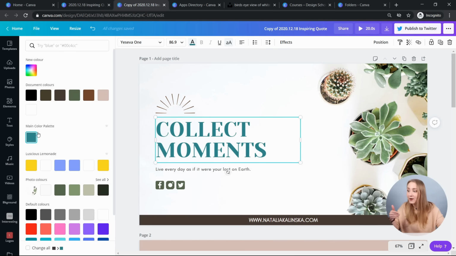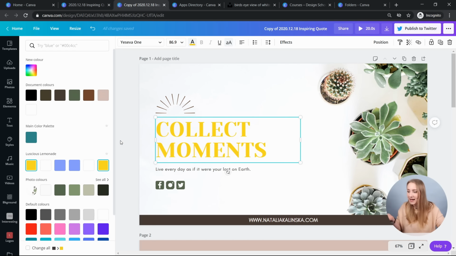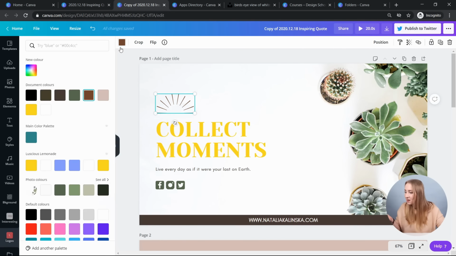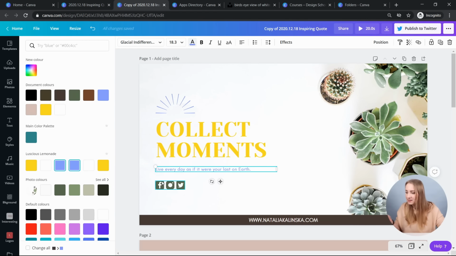I don't need to remember the specific hex code. I don't need to drag my mouse over the slider looking for the particular color, which, let's face it, it would probably be off. So, it's cool. It's just there. The same for the Luscious Lemonade. I can just adjust all the colors to the brand colors that I've got in here, and that's sorted, right?